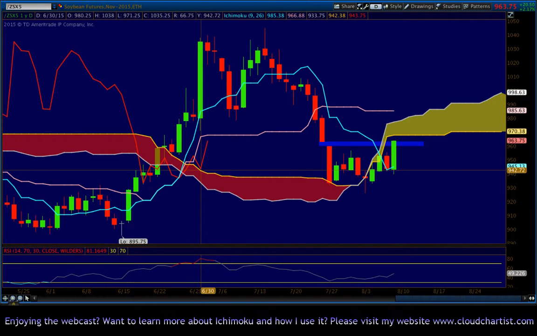So we also have the Chikou span came down and bounced off the cloud, as I suggested could possibly be the case in my prior video, and came up here, did not test the Chikou span yet. The Chikou span happens to be located at the same level as the underside of the cloud. So we could very well find resistance there, which is not that far away from where we are right now. It's only about $4